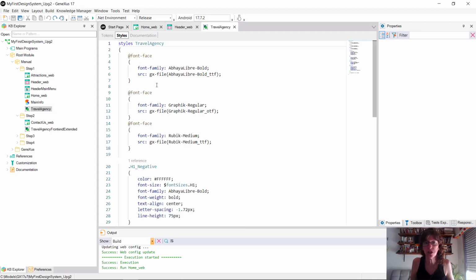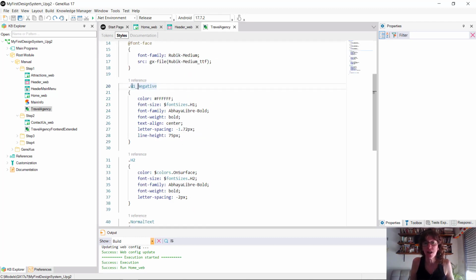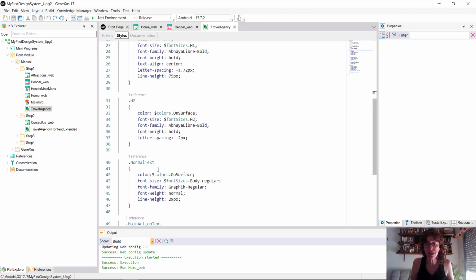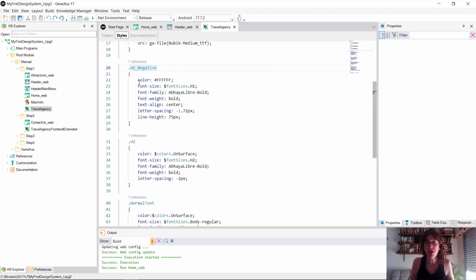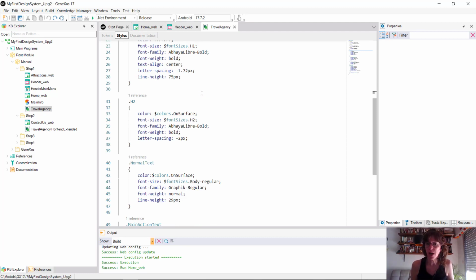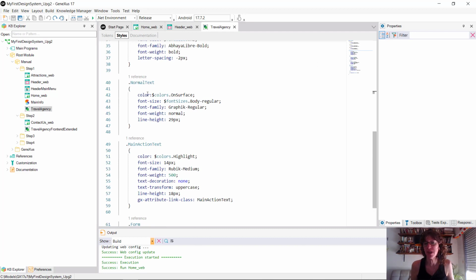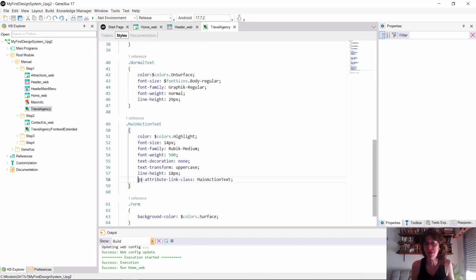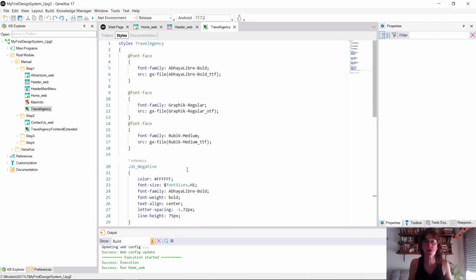So, what we had done was, in the style section, in addition to incorporating font families using the font face rule, which we are going to mention again in a little bit, we had specified those 4 classes. We had selected them, and what we had done was, through CSS properties, given the design characteristics that we wanted. Now, why CSS? Well, because we are developing a web app. Then, at some point, we realized that it wasn't just CSS properties that we could use here, but we could also use Genexus-specific properties. But for now, we'll stay out of that.